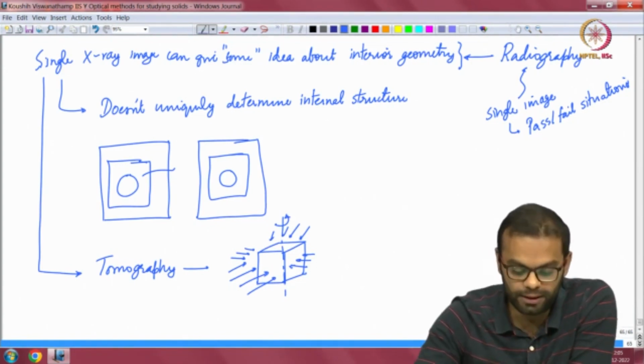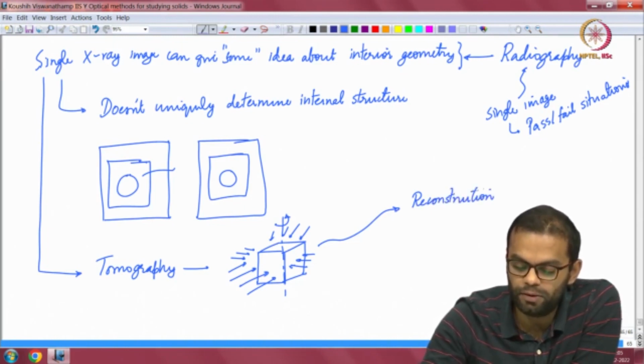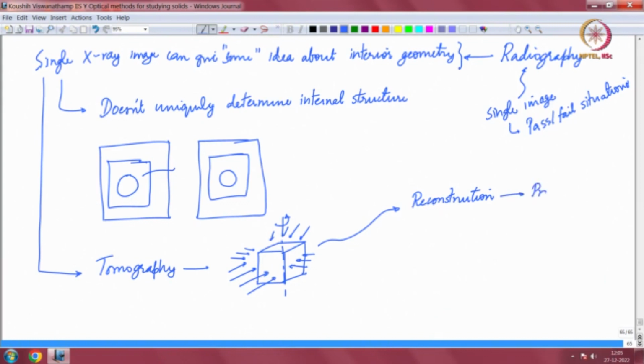okay. So if you do this, there is a method of reconstruction that you can use. You take each of these projections, so each single shot image is called a projection, and you stack them up. Again this is within quotes because it is not actually regular stacking, they are all in different directions, so you have to do something and then stack them up, and in the next couple of sessions we will figure out exactly what to do before you stack, and you can reconstruct or recover the entire internal volume,